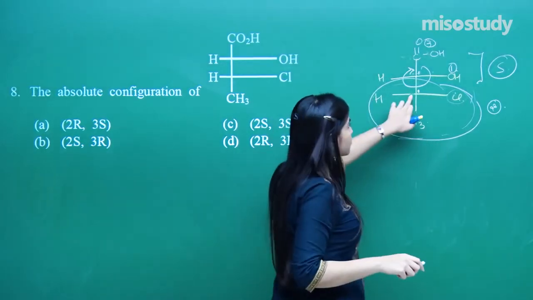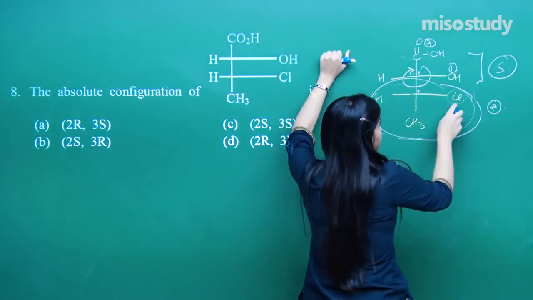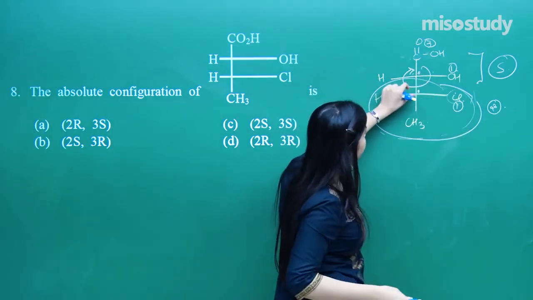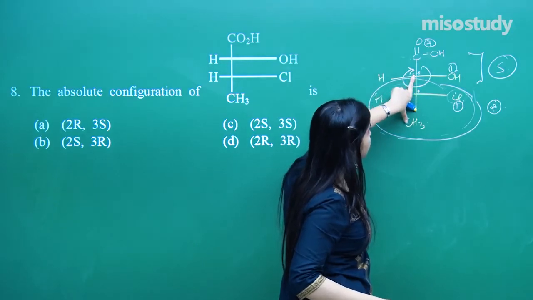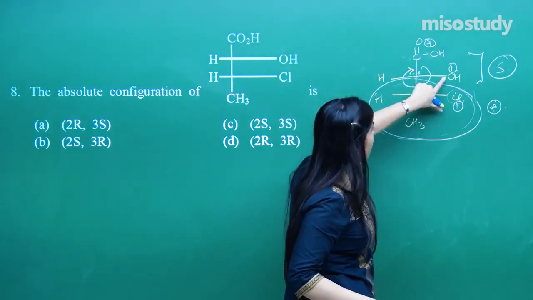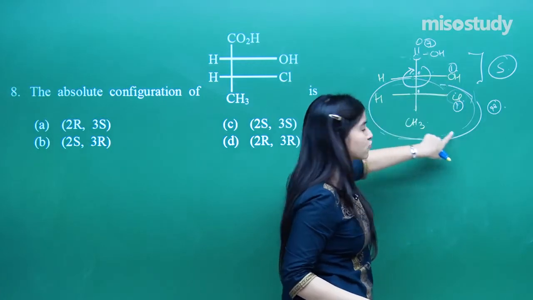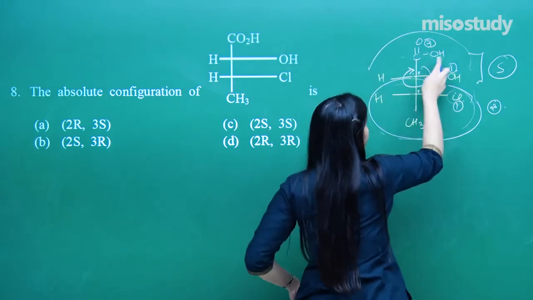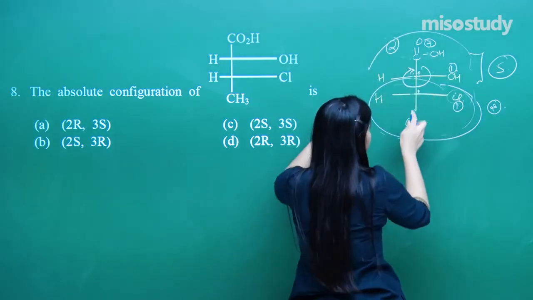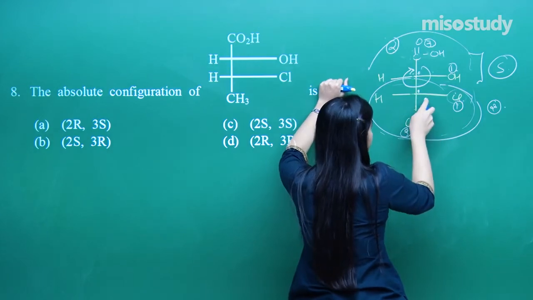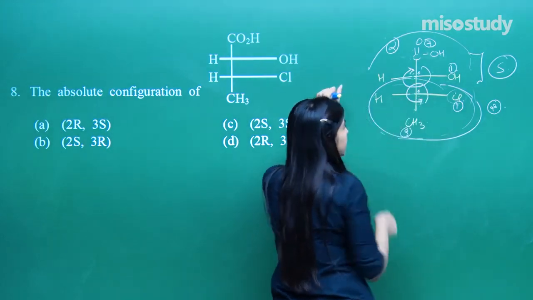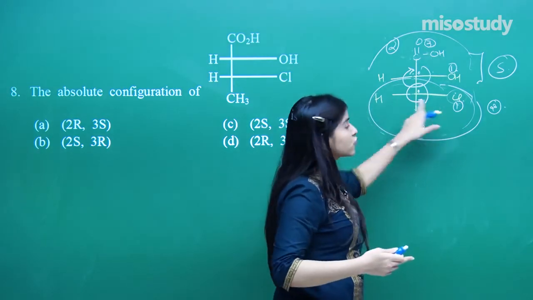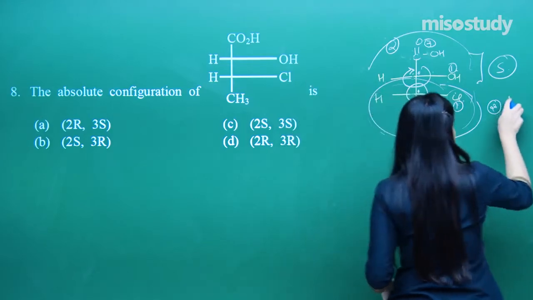If I look here onto this chiral carbon, I need to assign this chlorine as number 1 definitely, and if I then compare the carbons, carbon and carbon are equal. Now if I go further, oxygen, and here there is no atom to compare. That means again this whole group will be treated as number 2 and this as 3. I've got 1, 2, 3. That means again anti-clockwise, again S, but H is on the horizontal. That means I've got R.